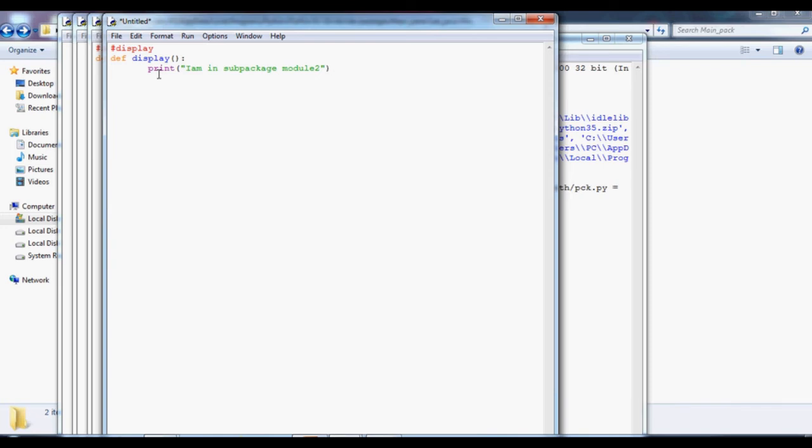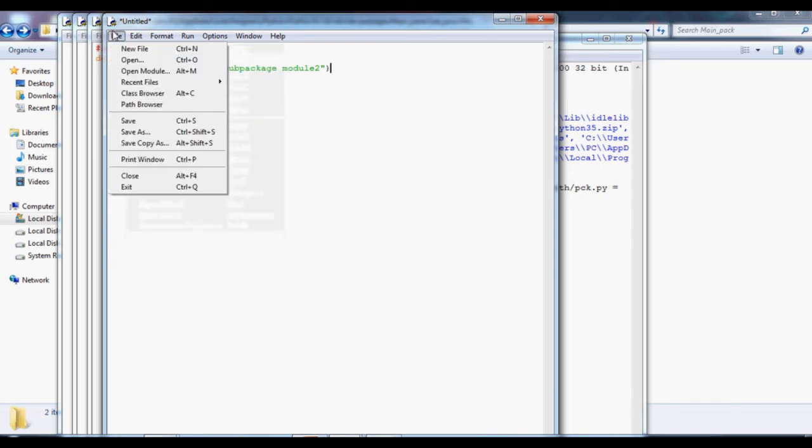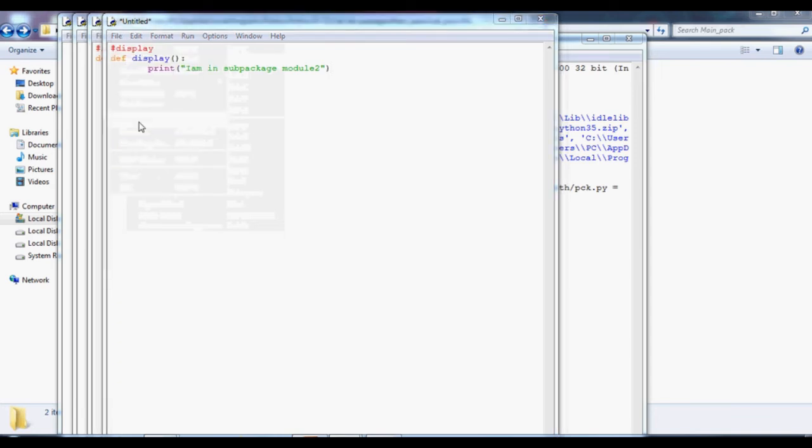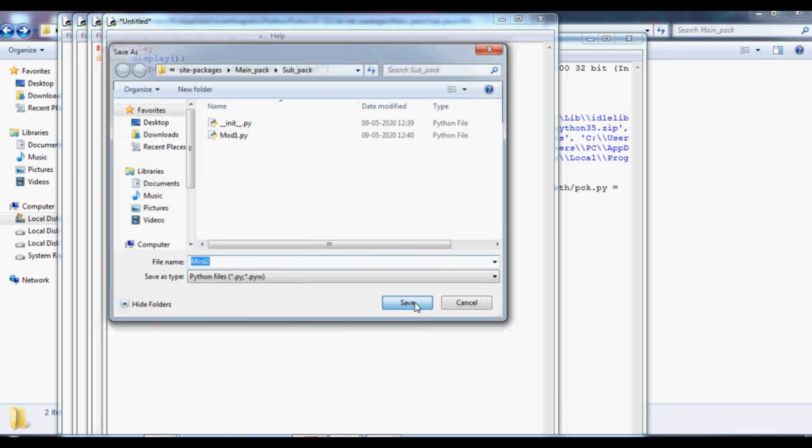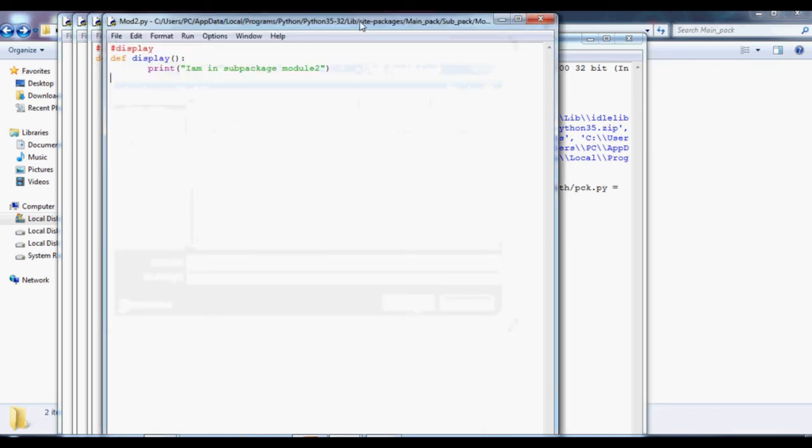Okay, I'm just going to save this as mod 2. Okay, I have created the packages.